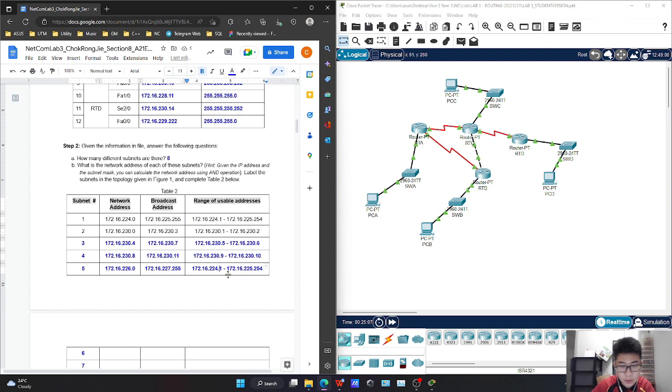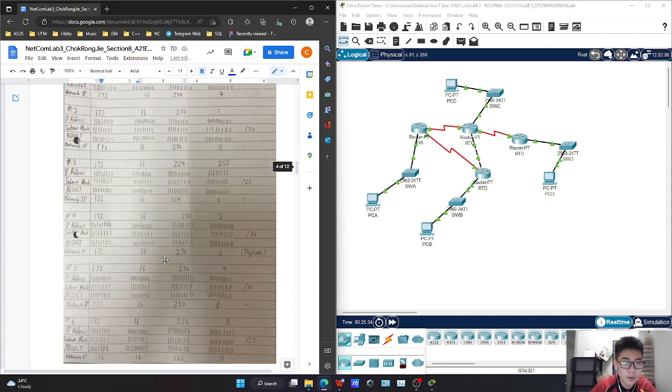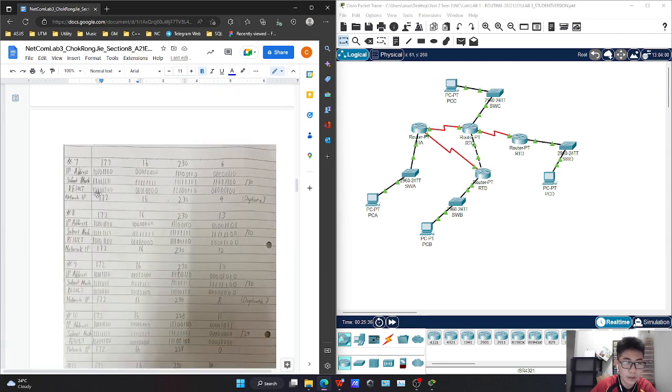And I will use the usable range. The lower limit is 172.16.226.1, and the upper limit is 172.16.227.254. Oh, sorry, it's not 225, it's actually 227. So that is everything for subnet mask 5, and then moving on, doing the calculations using the